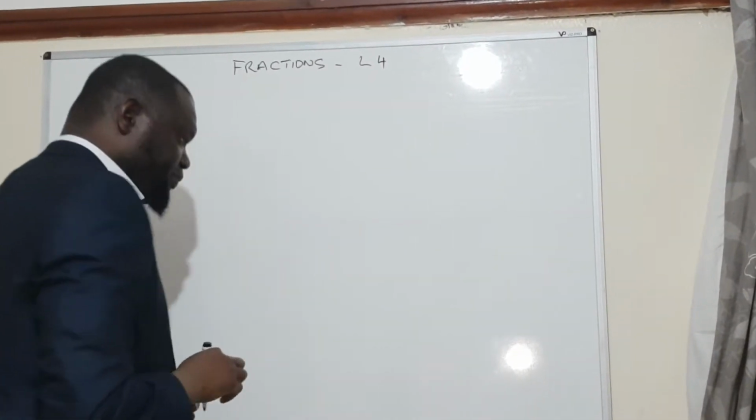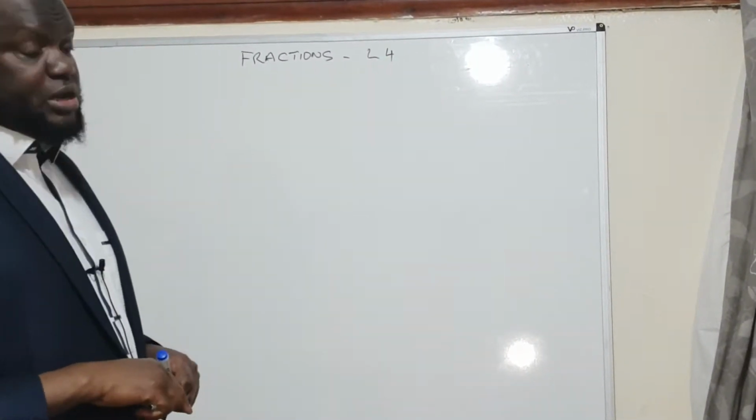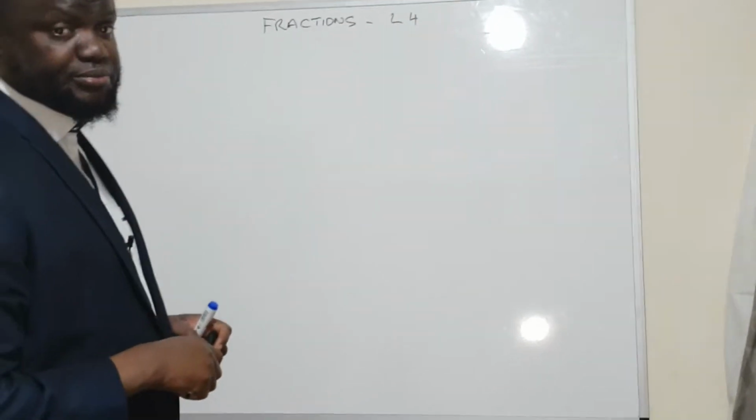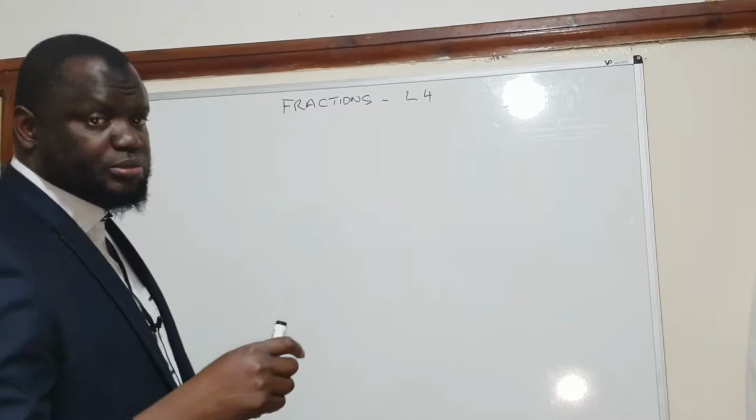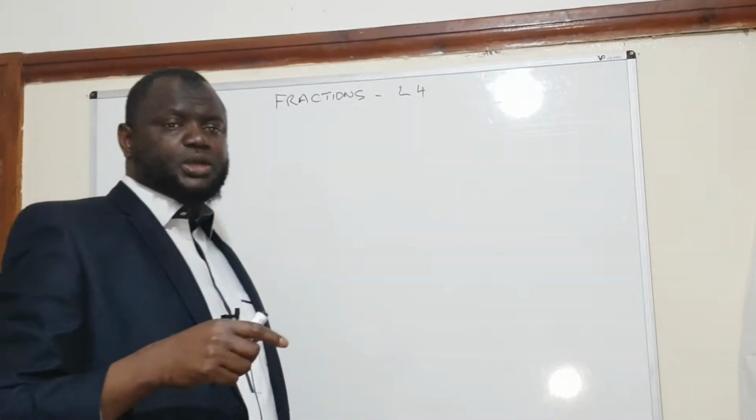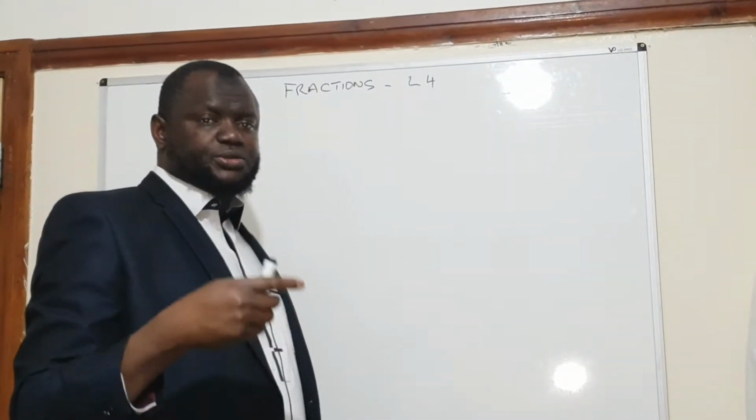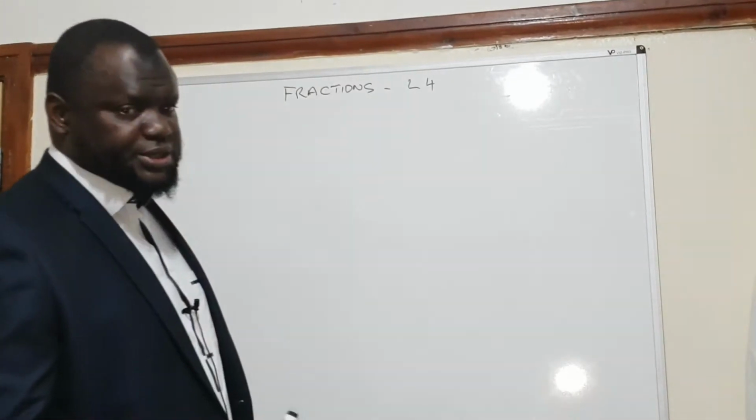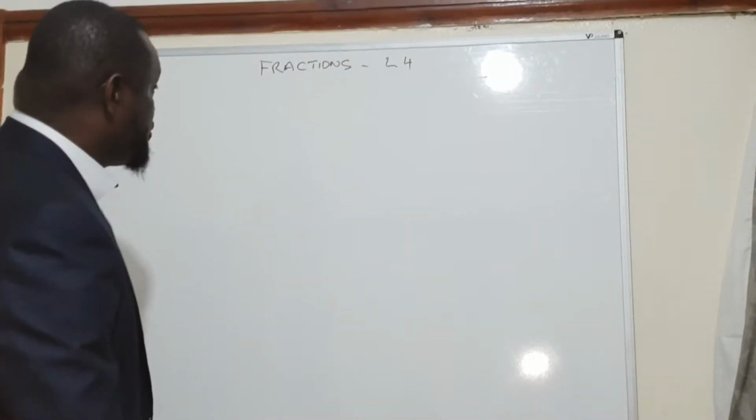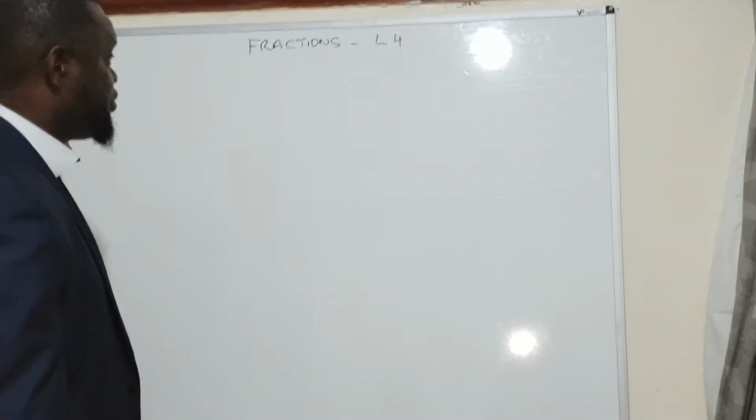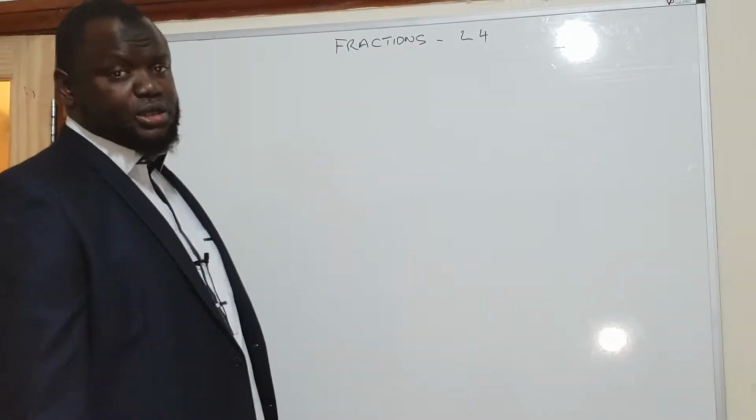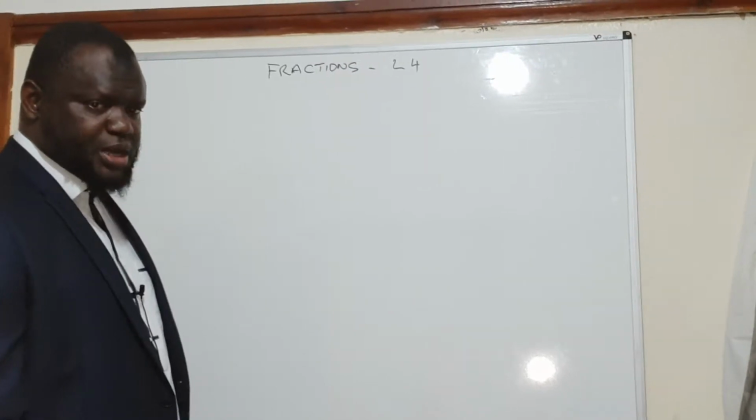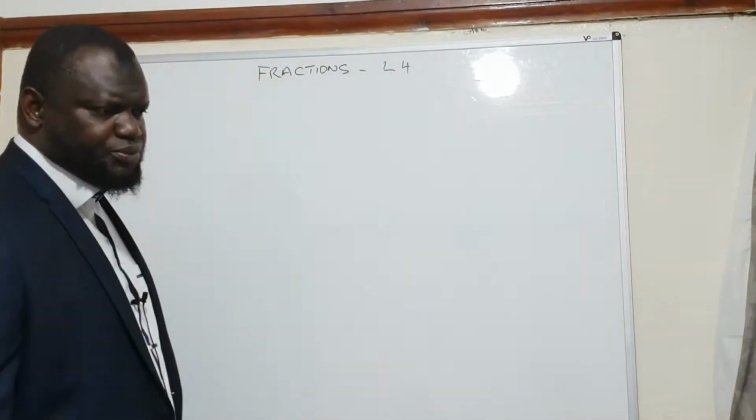Okay, fractions. Now, we have done a lot on fractions, additions and subtractions, and converting fractions from mixed to improper, proper into mixed, and vice versa. So we're going to continue now with multiplication and division. Yes, multiplication of fractions is the easiest. But remember, in most cases,